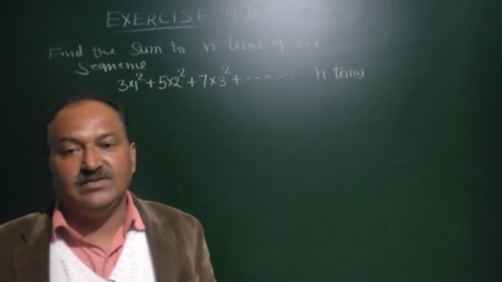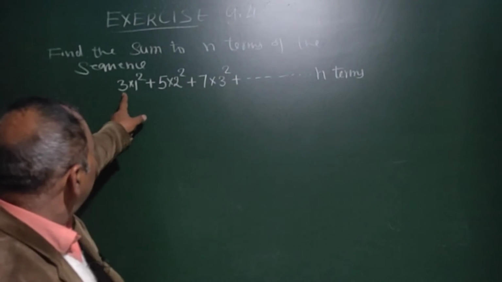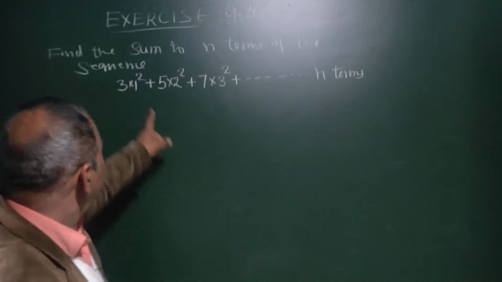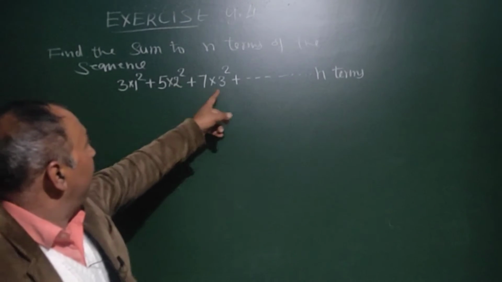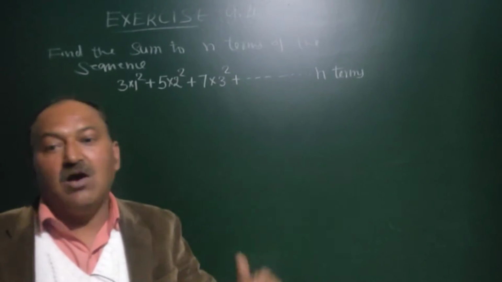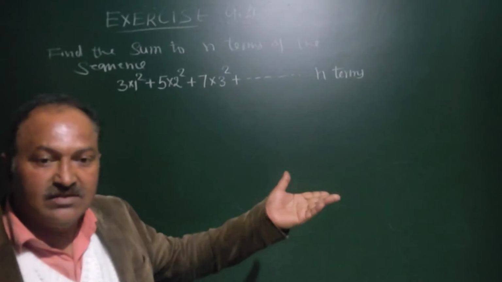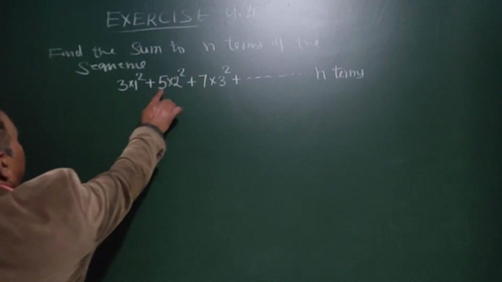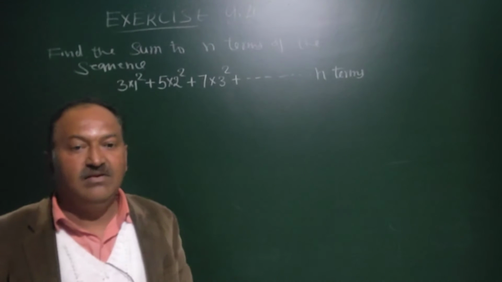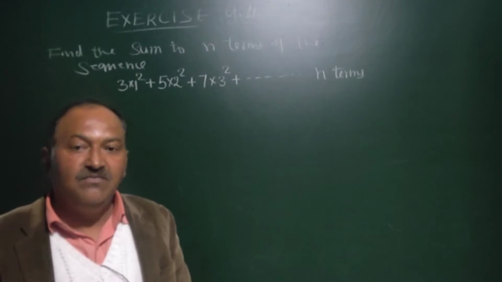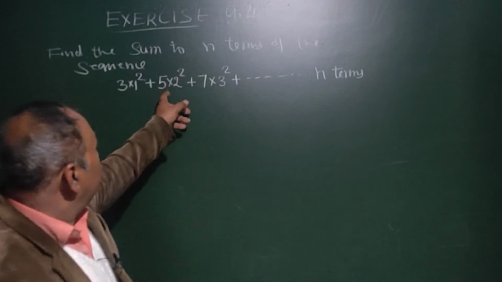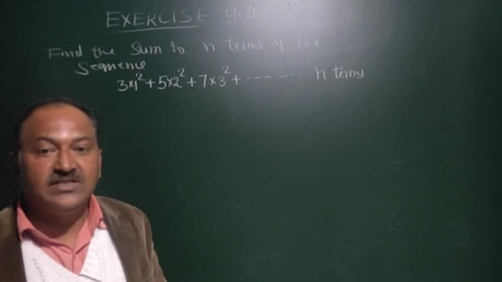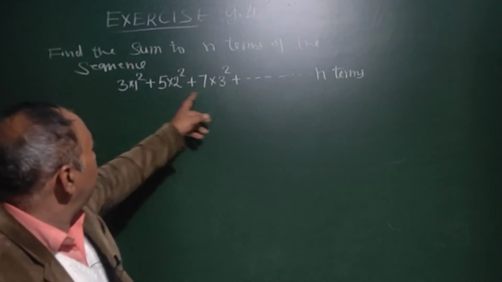of this sequence. In this sequence, the first elements are in AP and second elements are also in this special order: 1 square, 2 square, 3 square. Therefore nth term will contain n square, and here 3, 5 and 7 and so on, they are in AP. We can find the nth term by this AP, nth term of AP, and its nth term will be